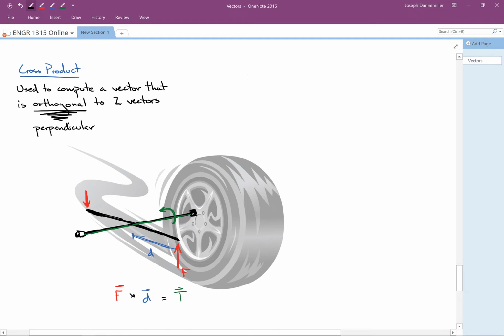It means that if I compute the cross product of two vectors, then I have a third vector that forms a 90-degree angle with both vectors. So here's V1, here's V2, here's V3. And what I have is that V3 equals V1 cross V2. And it means that V3 is orthogonal or perpendicular or at a right angle to V1 and V2. Now the simple example is this, and it's very difficult to describe without going through the hand motions as we would in class,